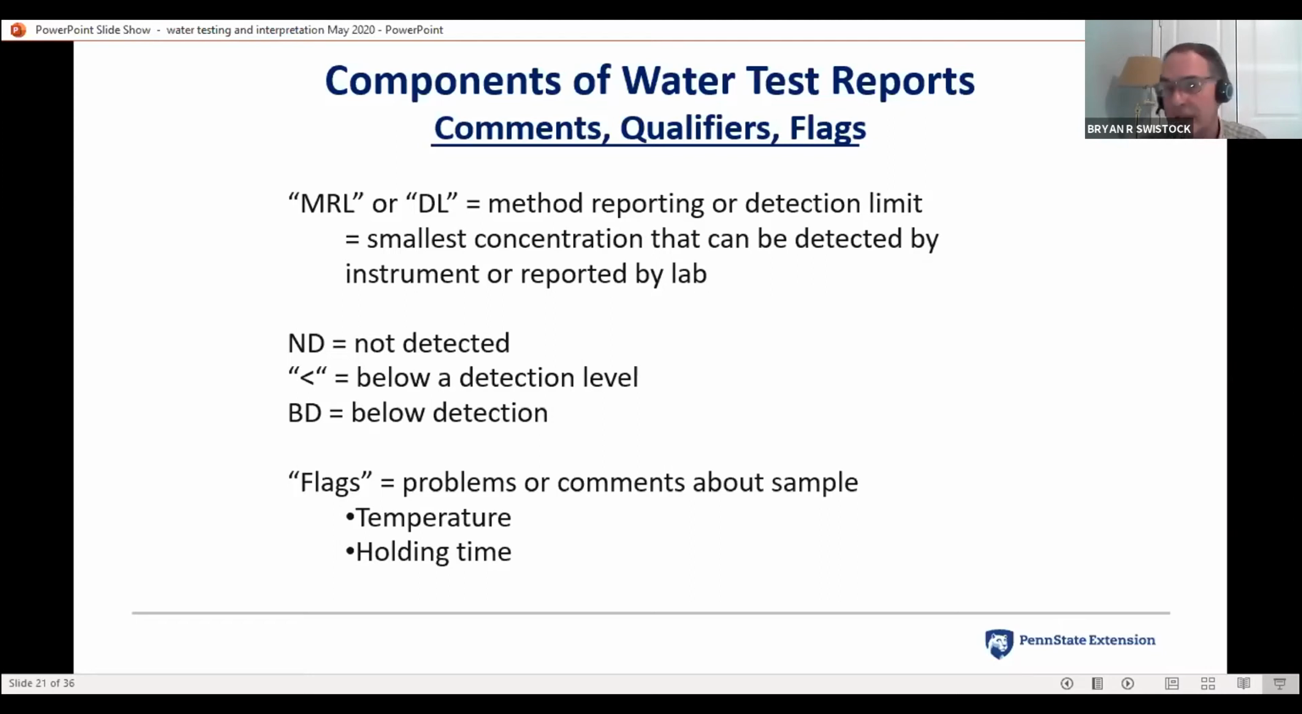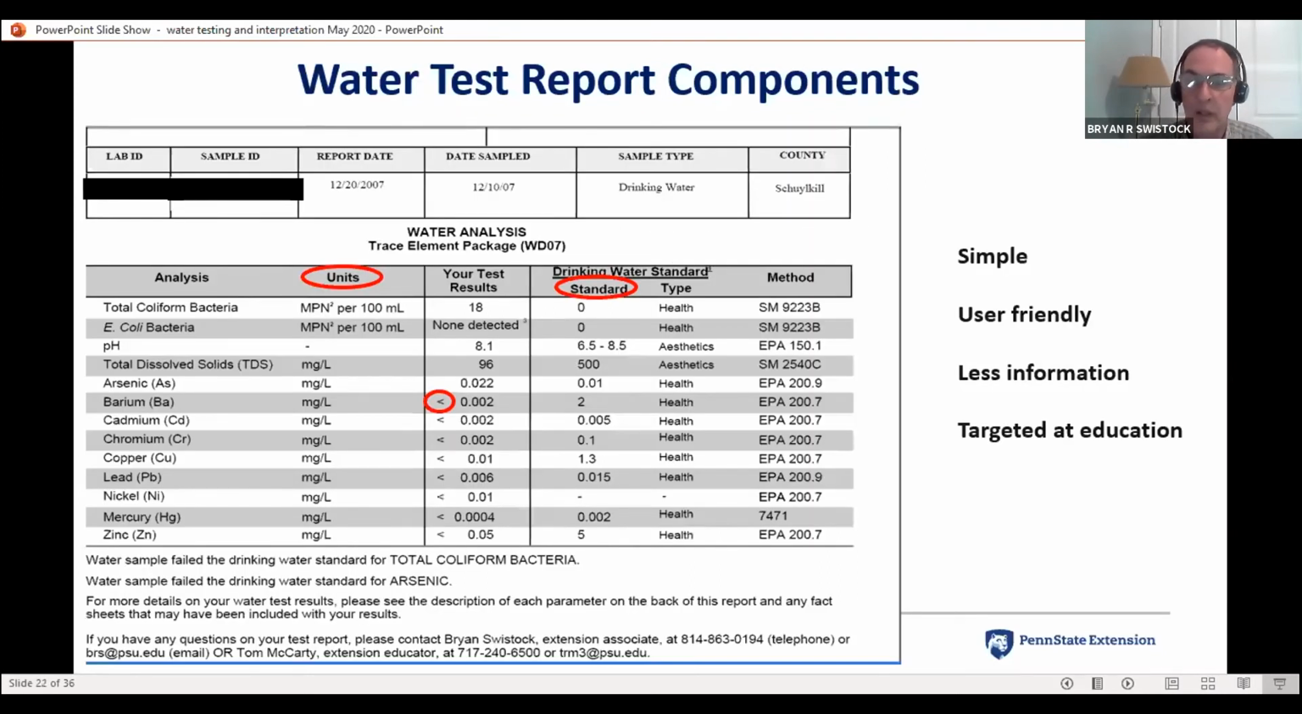And these flags can cause a lot of confusion as well. So for the rest of the time here, I want to show you some examples. This is a very simple water test report, done by Penn State's lab. Our laboratory is very much focused on educational water testing, so it is our main objective and focus to make these as understandable as possible for the homeowner who's buying